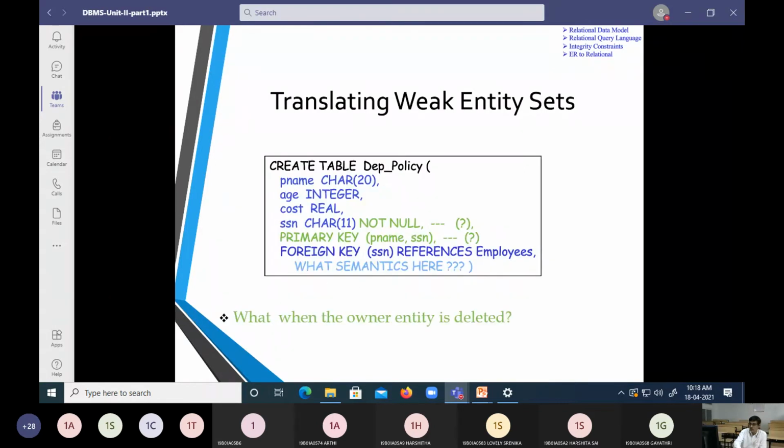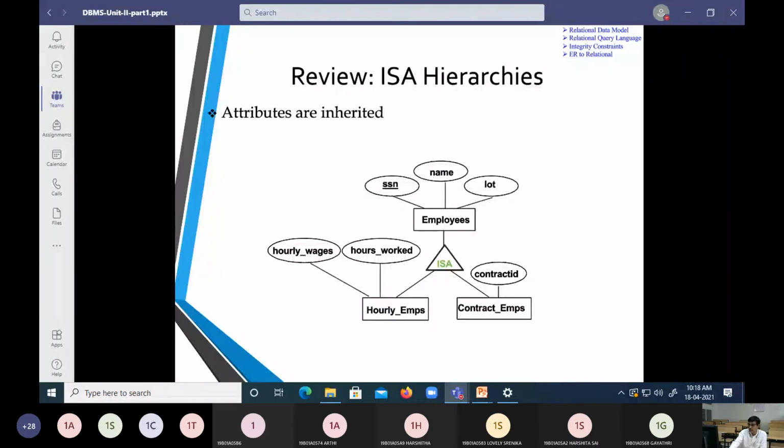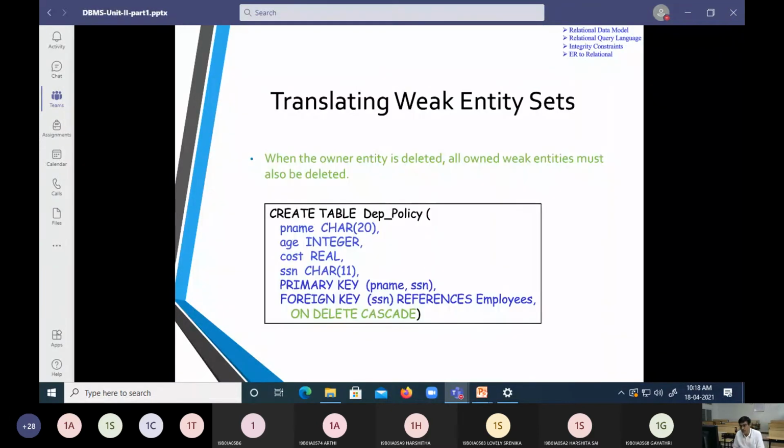So how are we going to put the weak entities in this form? For that, we are going to use a phrase called on delete cascade.